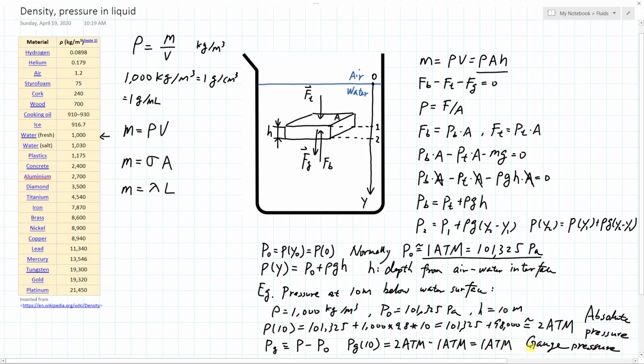So what is a gauge pressure? Gauge pressure is measured by a gauge. So assume that the gauge is constructed this way so that it will show 0 at atmospheric pressure, which is what most old gauges are doing. And then you take the gauge into water, and it starts to measure how much higher the pressure is compared to when it was in the atmosphere. So it will show that it's 1 atm higher than atmospheric pressure. This is a concept that's typically used in, say, pressurizing your car's tires or balls. Any ball gains pressure, and they're all using gauge pressure.